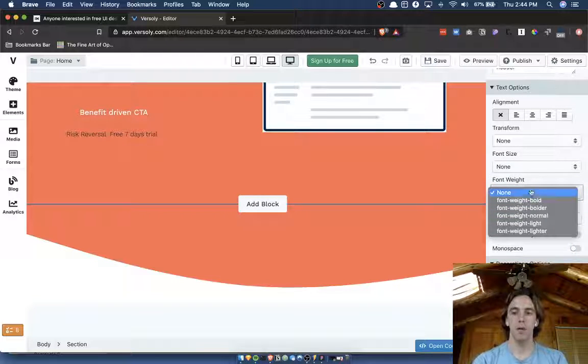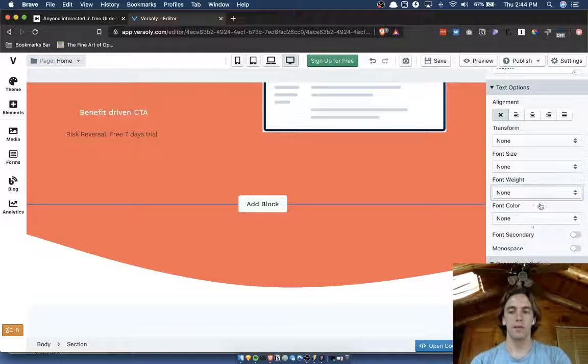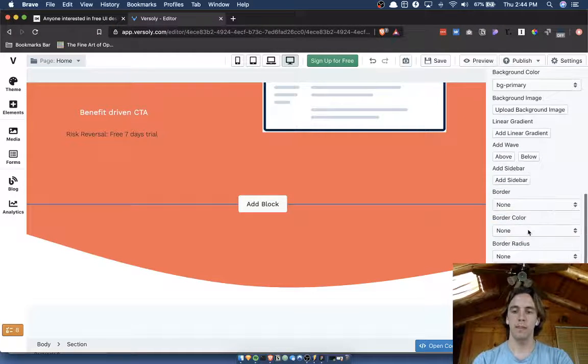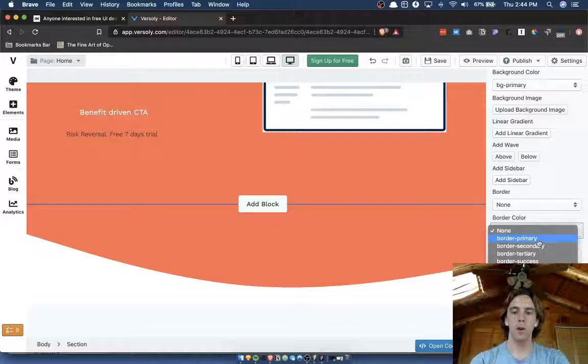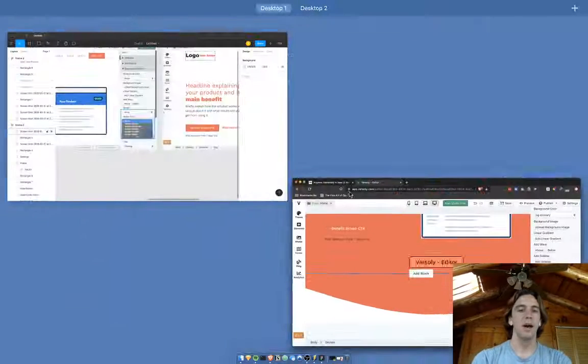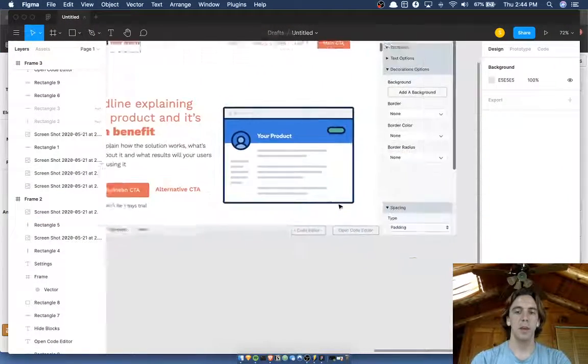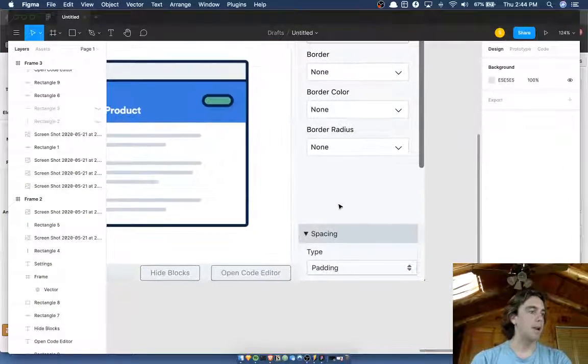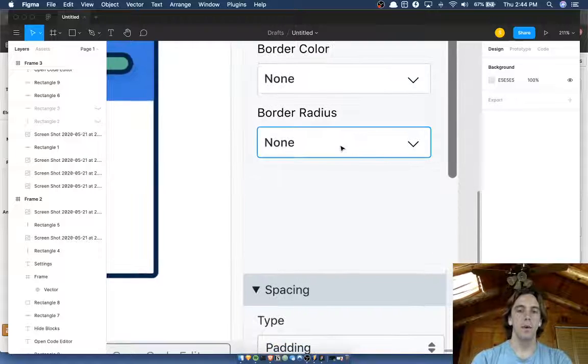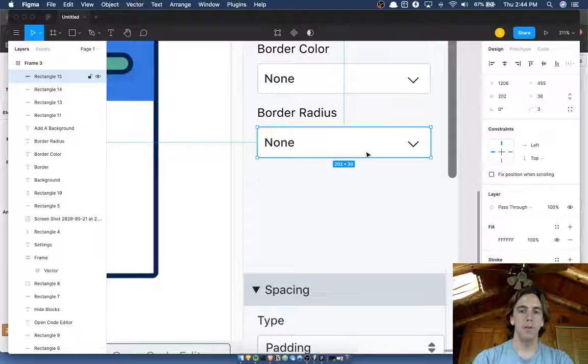And then here where we have font weight, I think, again, we're repeating ourselves. So font weight bold, font weight bolder, font weight normal. Just remove the font weight and keep bold. So we're going to do this for border color, and here we have border primary, border secondary, border tertiary. I think what we can do is something much better than that and say when someone opens this drop down,